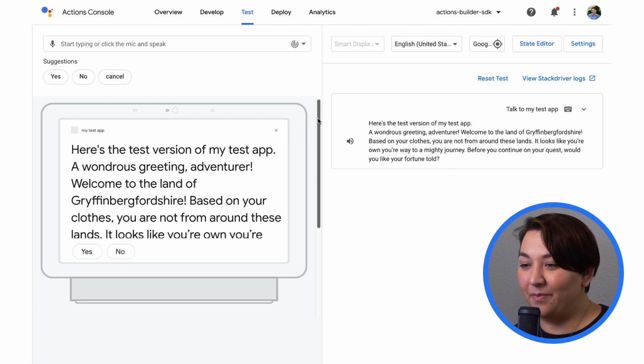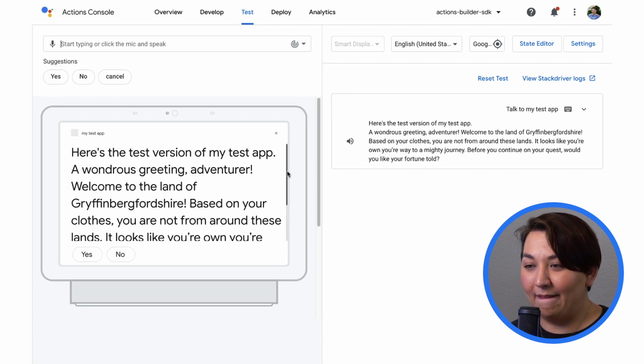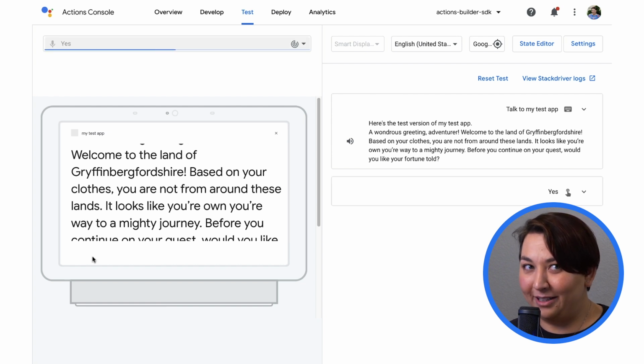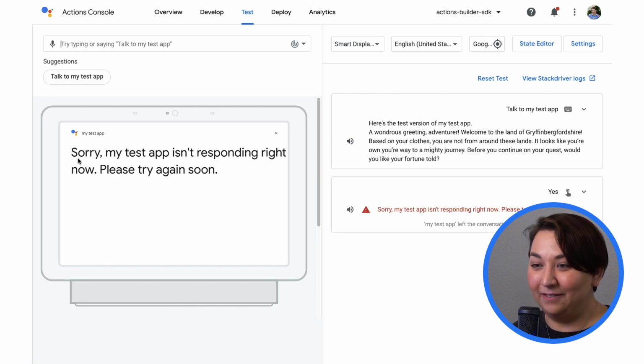Here's the test version of my test app. A wondrous greeting, adventurer. Welcome to the land of... I'll just click yes. Sorry, my test app isn't responding right now. Please try again soon. Okay, that's okay that we had that error, because if we click, okay, so on the